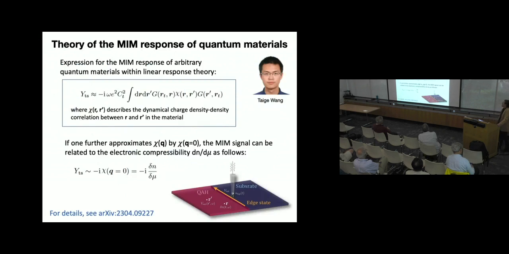Okay, so this was a direction that was led by Taiga Wang, who's a very talented graduate student at UC Berkeley. And one of his main results was that he was able to develop an expression for the MIM response of arbitrary quantum materials within linear response theory. So what he was able to do was write down an expression for the complex tip-sample admittance, which is the quantity that we're measuring in the experiment, and he could relate that to the dynamical charge density correlation function